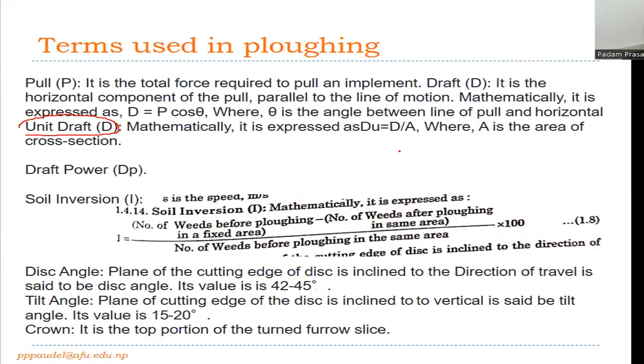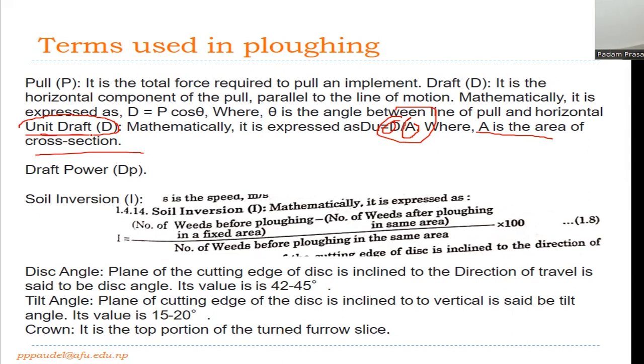Unit draft can be found by dividing the total draft by the cross section area of the tillage, or that's travel. A is the cross section area of the furrow, and in that condition you can easily find the unit draft by dividing the draft by